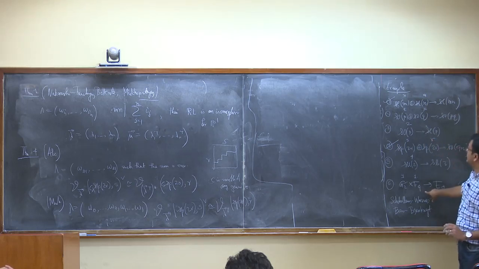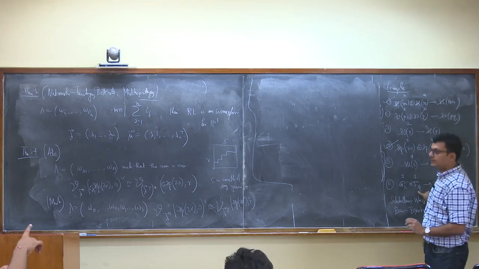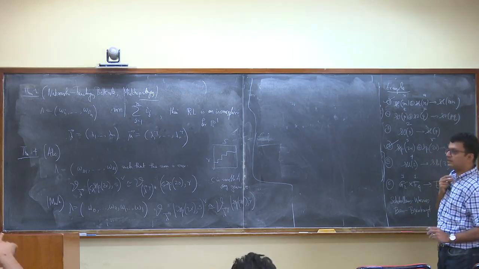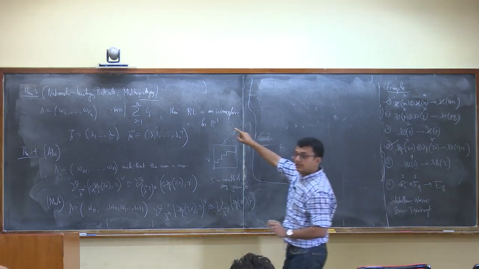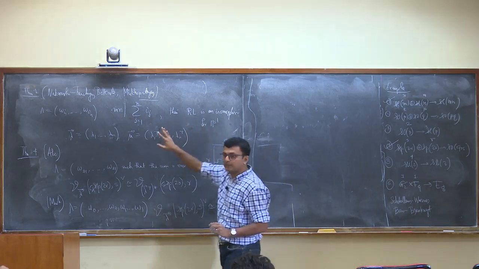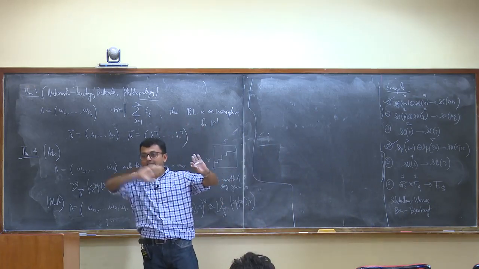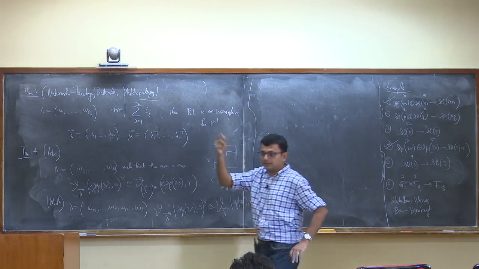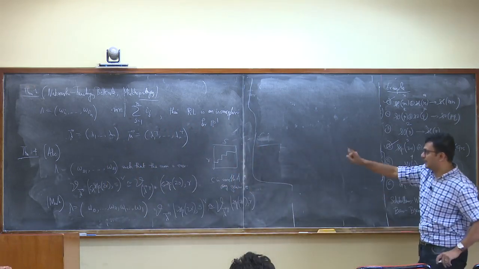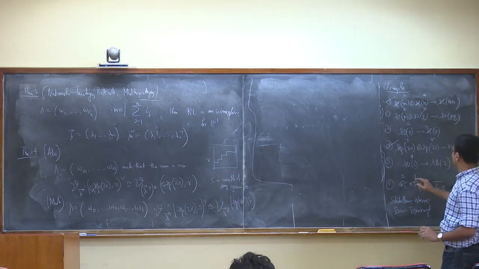Okay, let me go with 6 first. So why is this not valid for general genus? Which one? No, this thing is valid for general genus, but the statements have to be carefully crafted because on one side you have SLN and the other side you have GLN in the higher genus, because I'm just discussing conformal blocks, that's why. Okay, let me come up here.